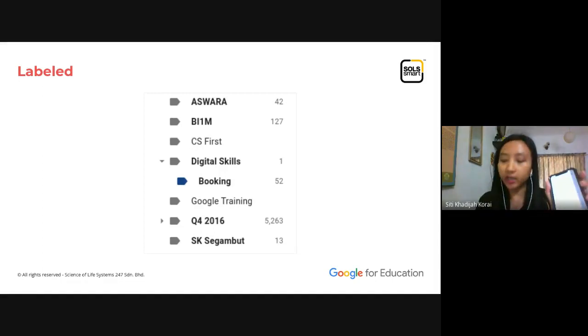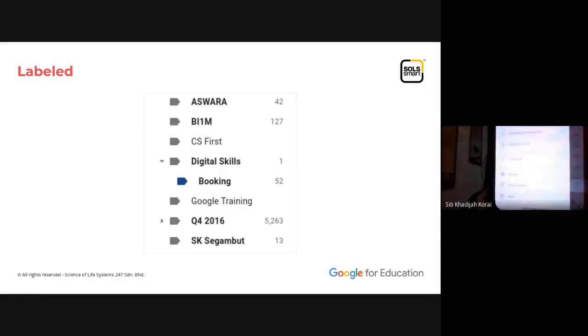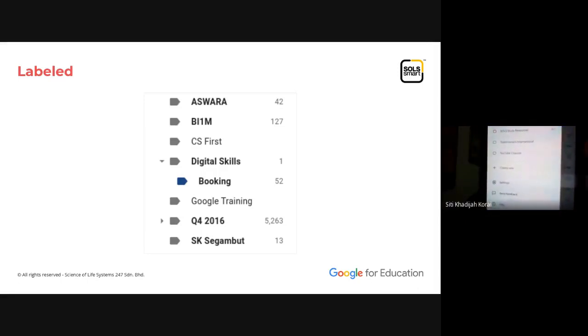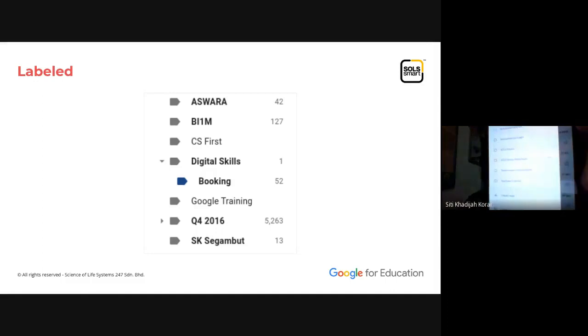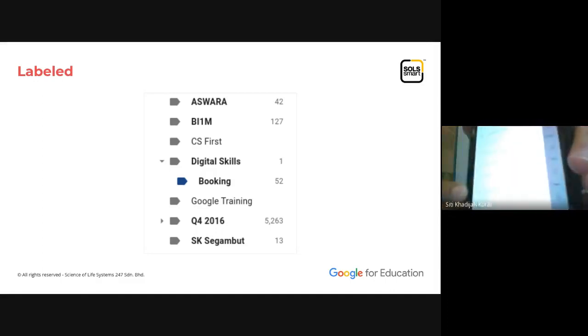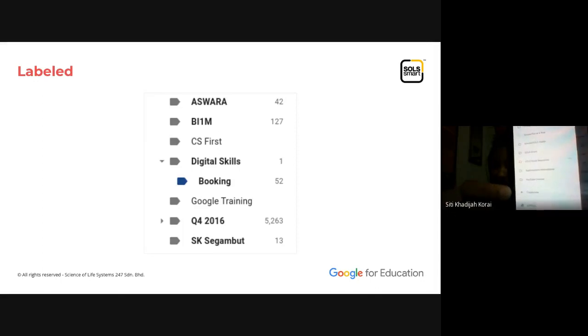There's a create new. Once you click on more here, you scroll down, you will see there's a create new. There's a plus sign, create new. Can you see there's a create new? So you click on it. Create new, click on it, and then that's it. You can already